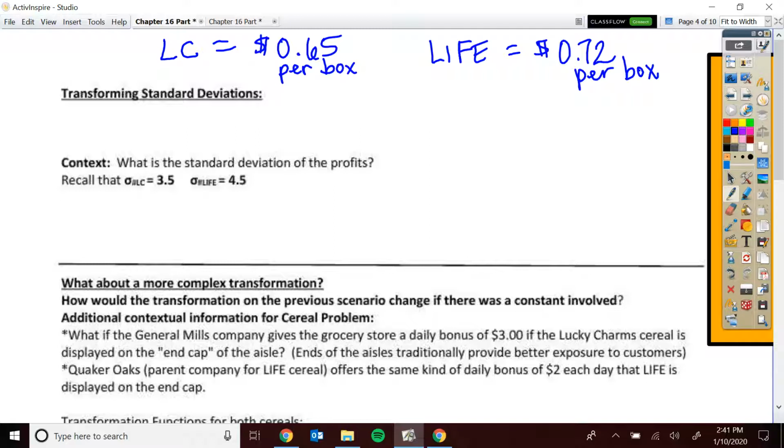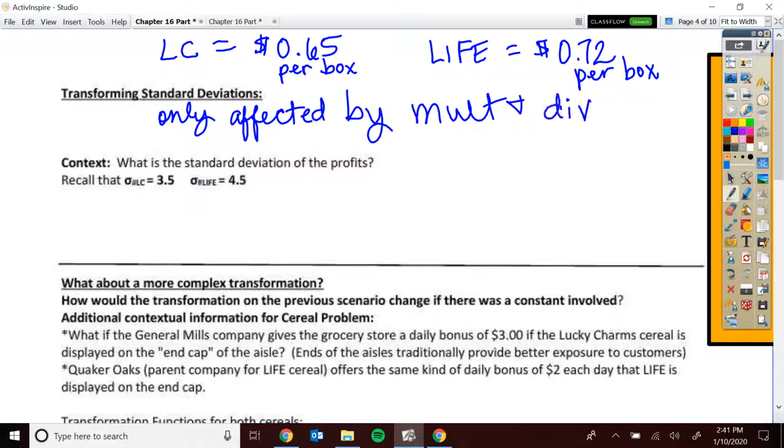Transformation tool right here. What mathematical functions are going to affect my spread? Add and subtract? No, that spread stays the same. Shifting does not affect spread, but multiply and divide does. So standard deviation is only affected by